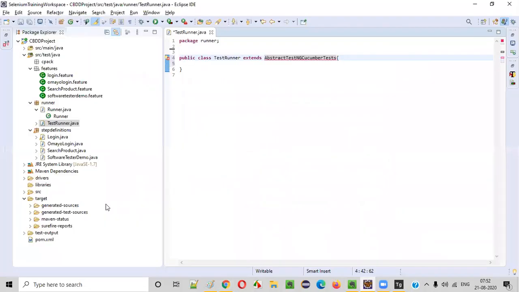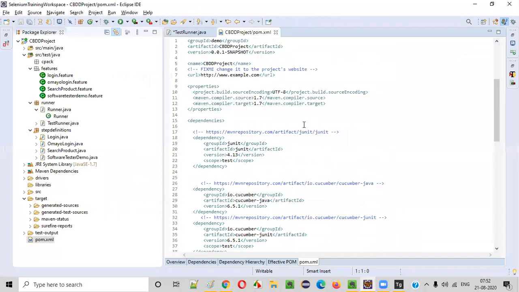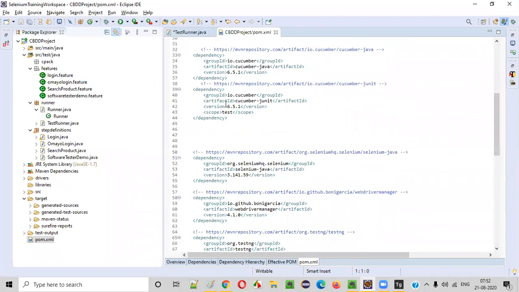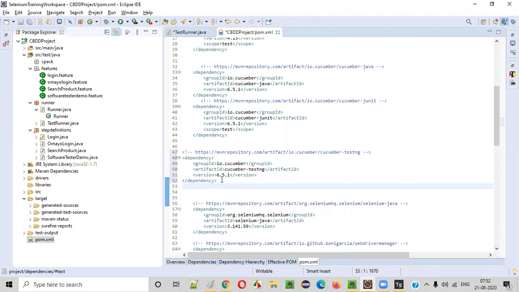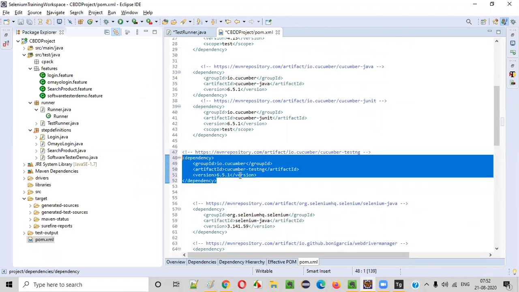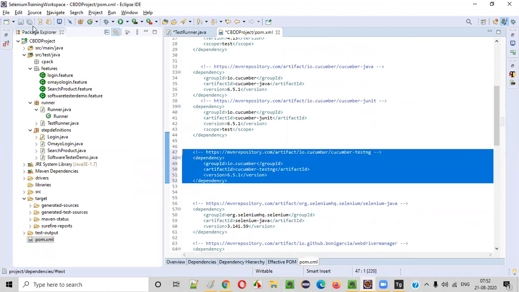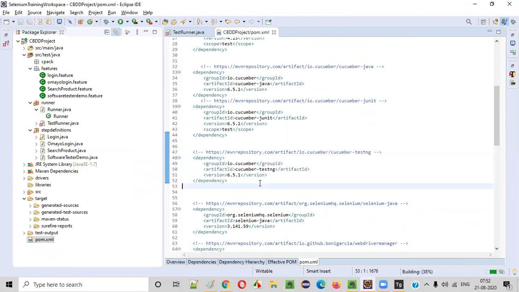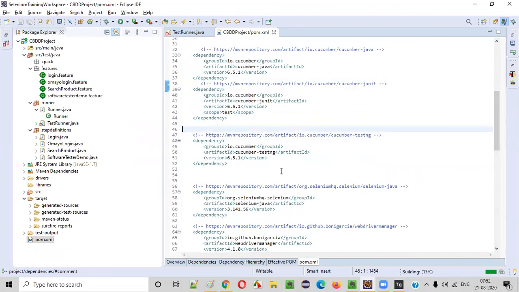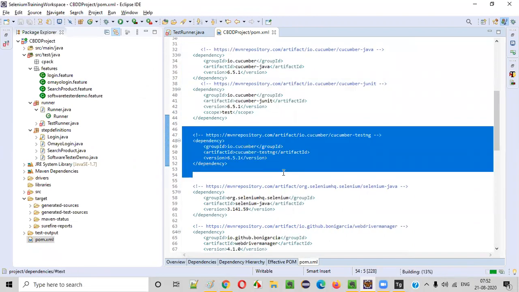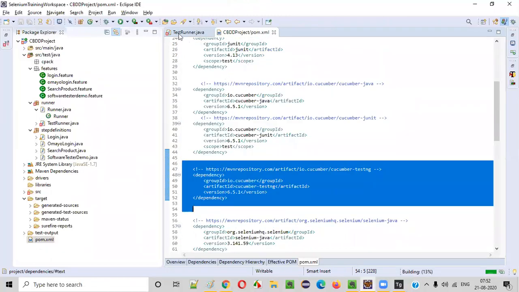Copy this, go to the pom.xml file, and somewhere under the dependencies, add this dependency. Save this. Jar files will be downloaded for Cucumber TestNG also this time. Now we have Cucumber Java, Cucumber JUnit, and Cucumber TestNG, so all the related jar files are there.